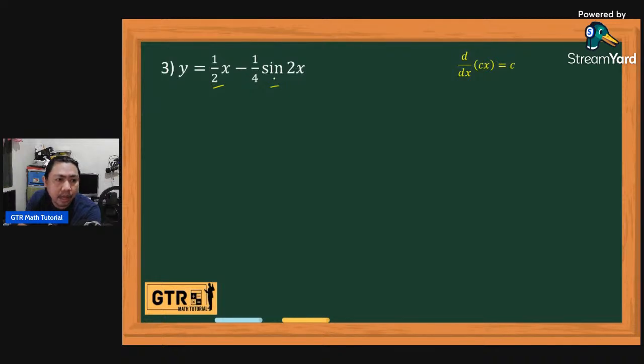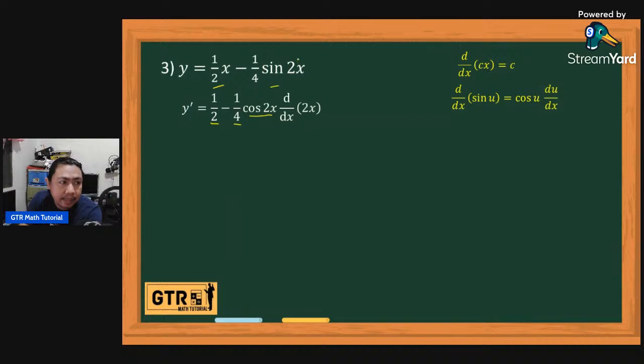Then use the derivative of sine u. The derivative of sine u is cosine u times the derivative of u with respect to x. So therefore, the derivative of 1/2 x is 1/2. For the derivative of negative 1/4 sine 2x, just copy negative 1/4, and then the derivative of sine 2x is cosine 2x, and then the derivative of the inside, 2x, is equal to 2. So we have 1/2 minus